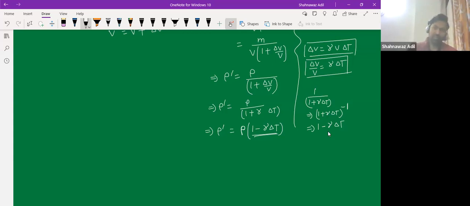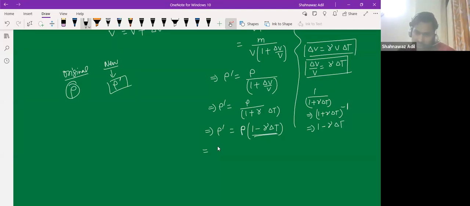Okay, so if I write this in this way, you understood that my original density is this thing. My new density is rho prime, right? Is this clear? Yes, sir. So if I break this thing, rho prime is rho minus rho gamma delta T,